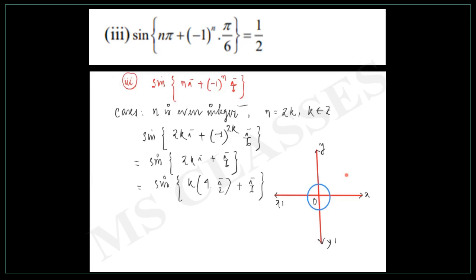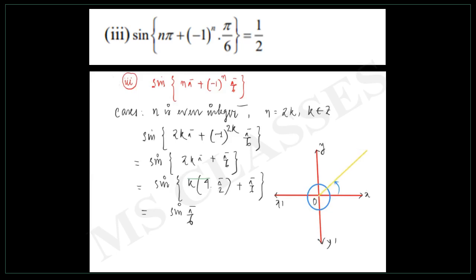First quadrant, because k circles here plus something. And you see this is an even multiple of pi by 2, because it is 4k into pi by 2 basically. Even multiple of pi by 2 means it will be sine only. So this will be sine pi by 6. Now the angle terminates in the first quadrant because it is 4k pi by 2. There is a number of circles, k circles, and then plus something, so it is terminating in the first quadrant.